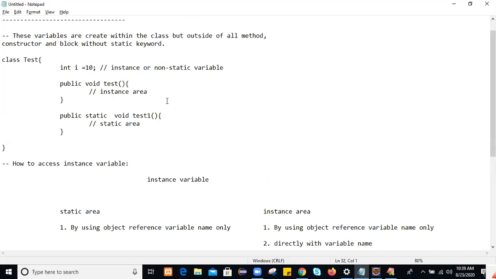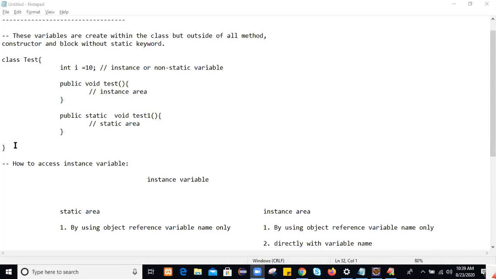Always remember, guys, for an instance variable the memory gets allocated when you create an object. So to allocate memory or to load the instance members of the class, it is mandatory to create an object. If you don't create an object, you can't access the instance variable.